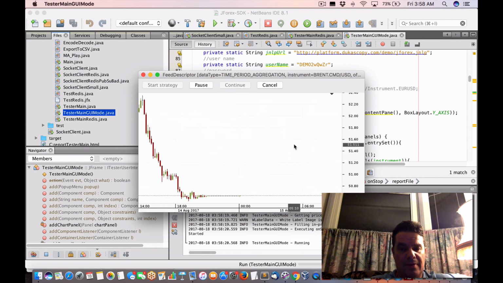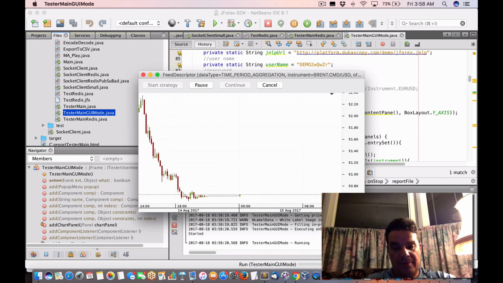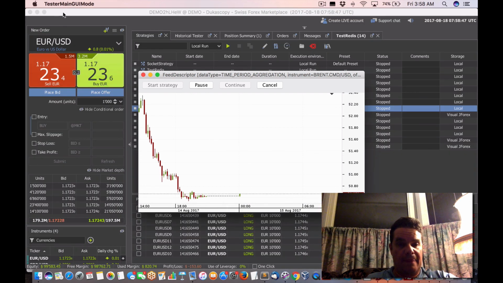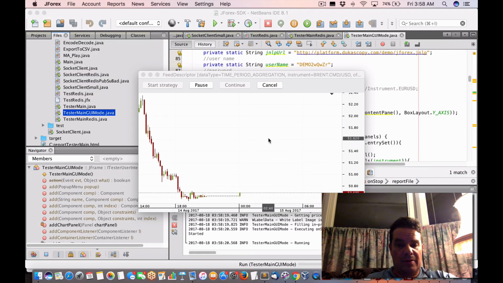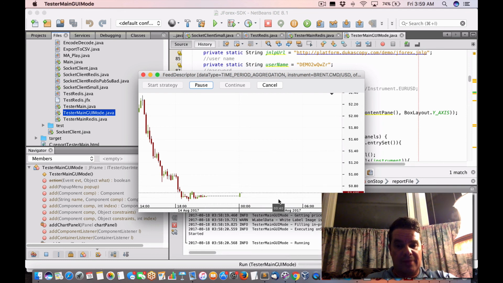And let's see here. I'm going to let it run. But it might help if I quit the JForex, because I don't really need it. That might be. On the other hand, it is 4 in the morning, so the liquidity might be a lot slower. That's possible. Anyways,